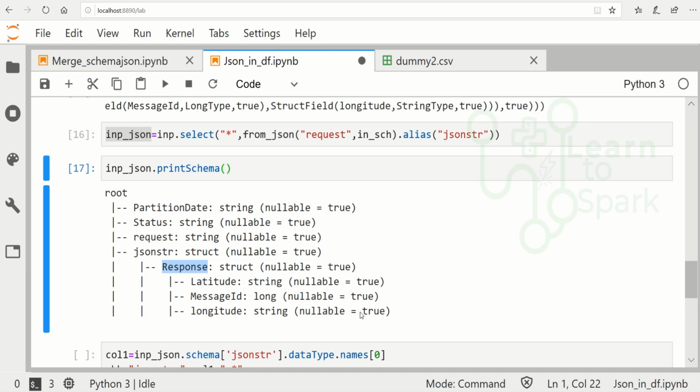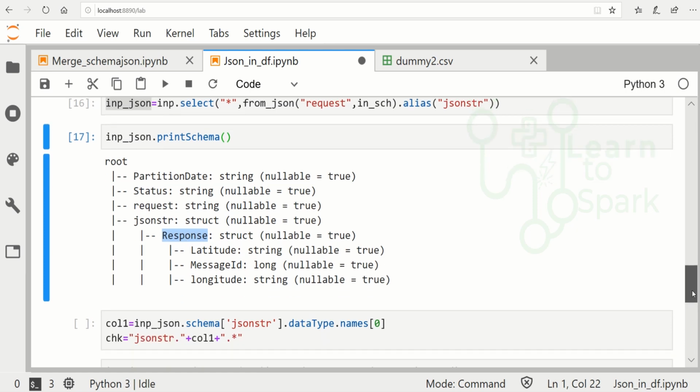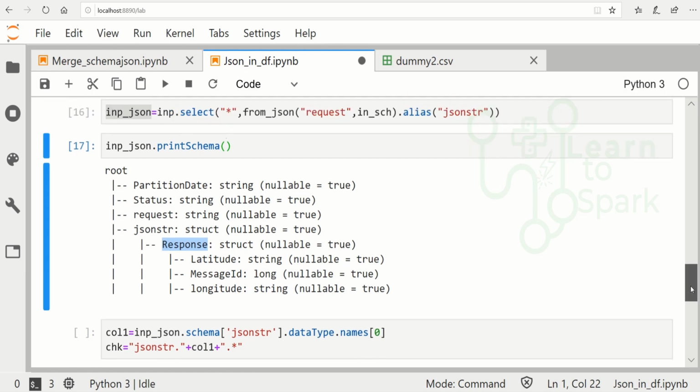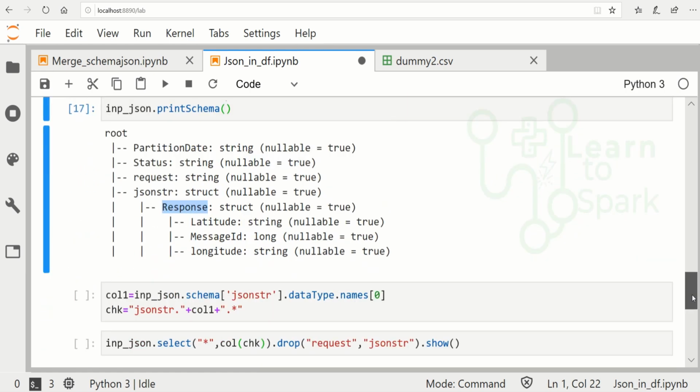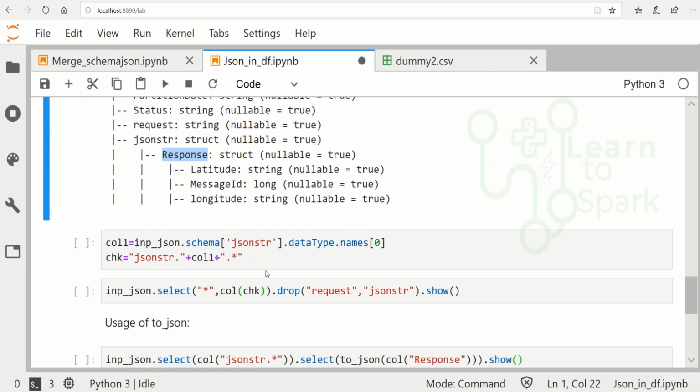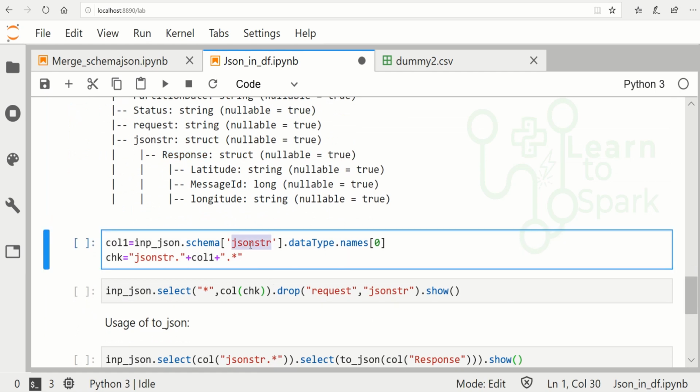So in this way we are able to change the request string column into a struct column. By this way we will be able to extract and flatten the data. Now I am going to pass this json_str, and I am going to get each and every column that is available inside this json_str.